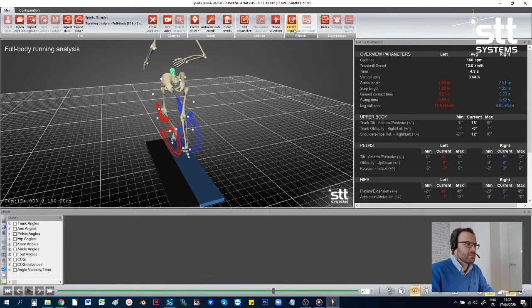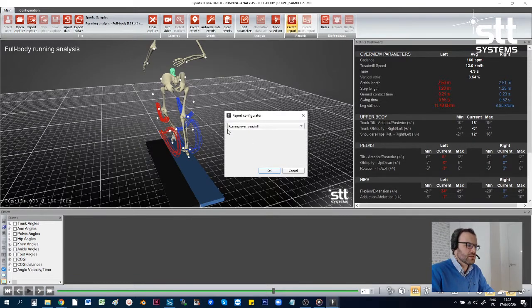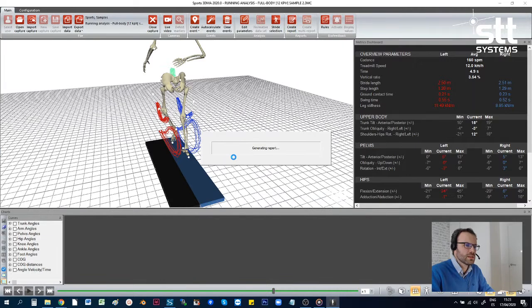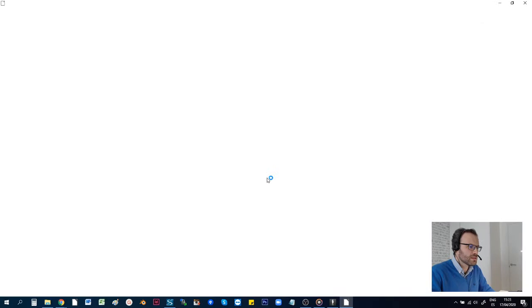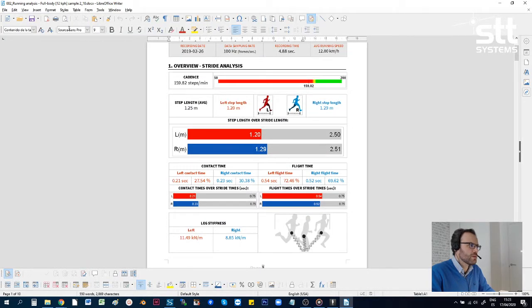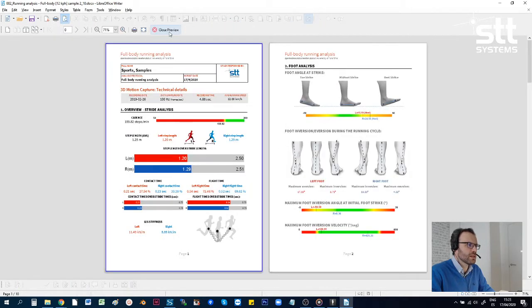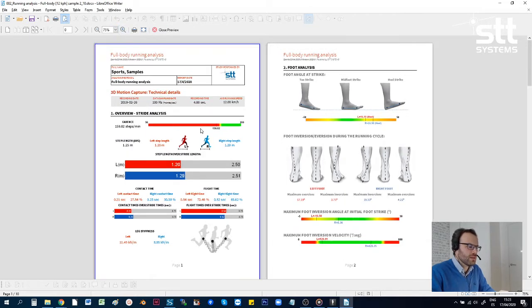If we generate a report, in this case, I have to select whether it is running over ground or treadmill. In this case, it is obviously running on treadmill, as I mentioned. The report here has also been enhanced a little bit further. There are a few parameters which we were not presenting before, more specifically on the pelvis, where the pelvic data is a little bit more comprehensive right now. And also we have added